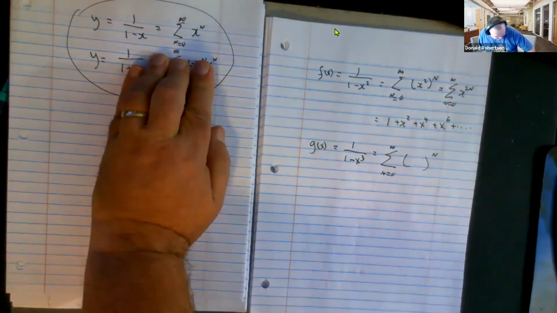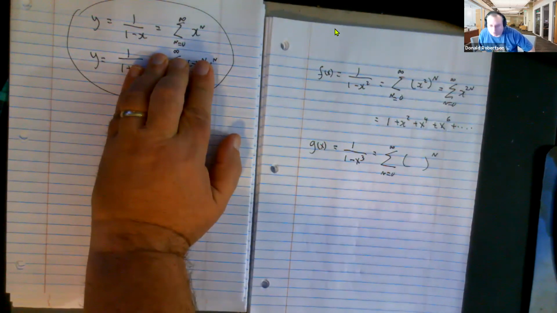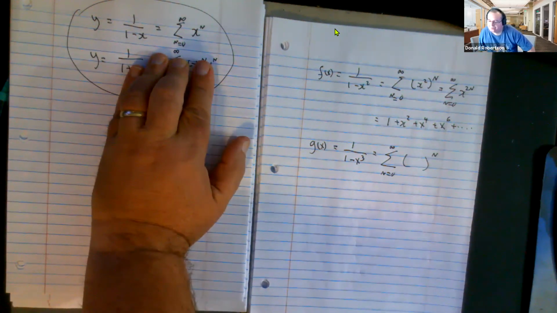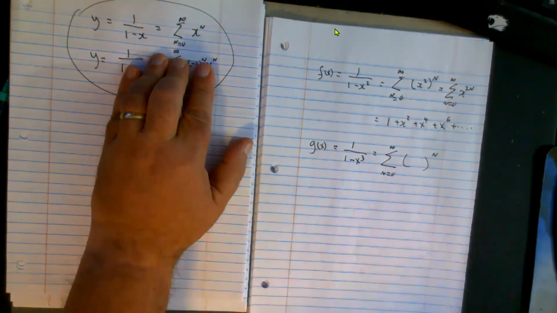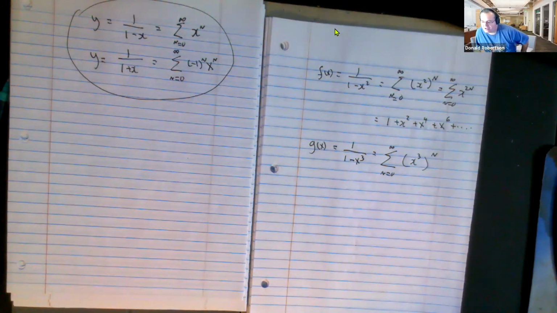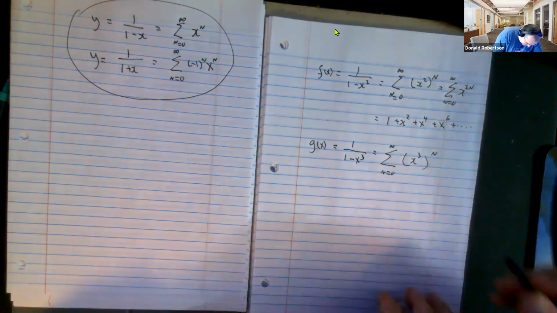What should you replace the x with to get a 1 over 1 minus x cubed? X cubed. Are we getting a little bit more comfortable that this x is just a placeholder? You can stick anything you like instead of x, right? Now, that fella becomes